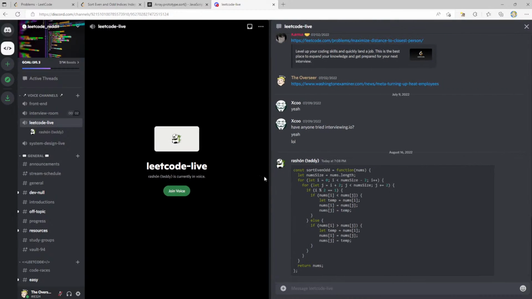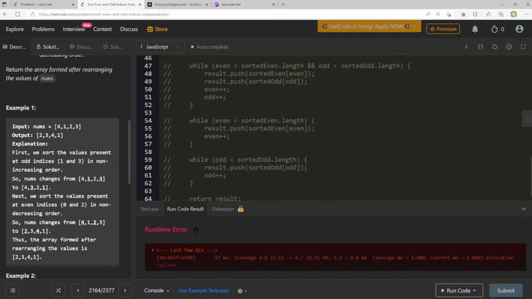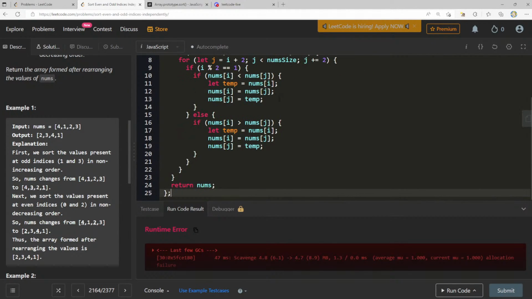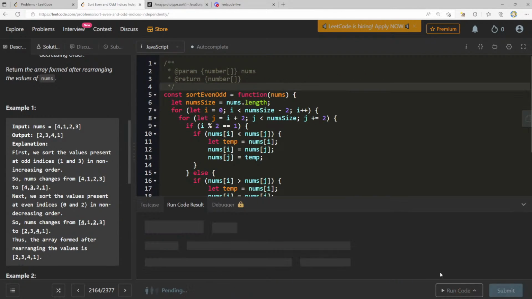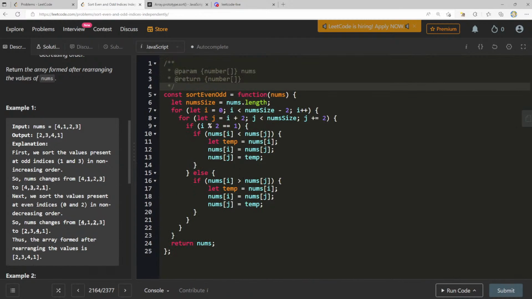Nice. I mean, props to your solution, it looks clean, man. This is good. Can I just run this sorted even? 2 3 4 1 2 1. Yeah, so we're doing here I is 0, I less than nums.size minus 2, j equals I plus 2, j less than nums.size. If I modulo 2 is 1, so if it's even, if nums I minus nums j, if nums I is greater than nums j,